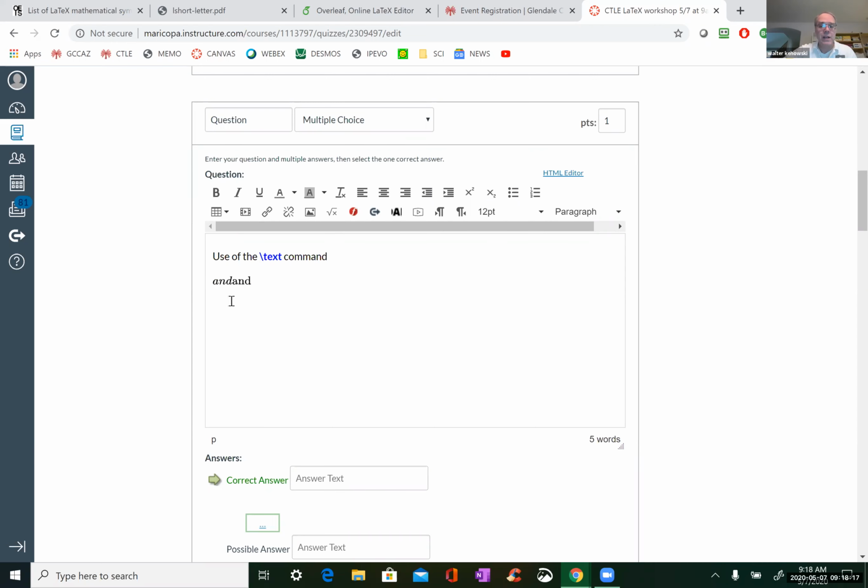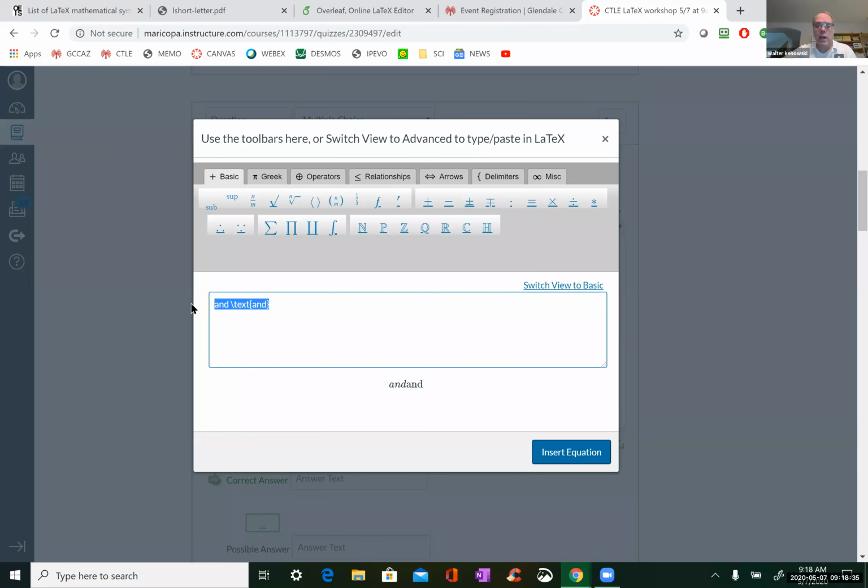The spacing, the thing is that LaTeX will treat the A and D like math variables. Each A and D is a separate character, a separate variable. The text will allow you to use text within a math formula. Now, why would you want to do that? Okay. So you can do it like this.